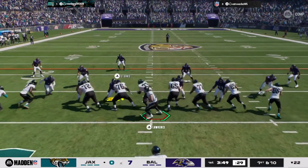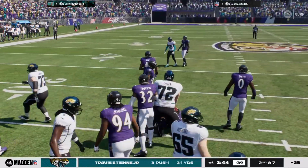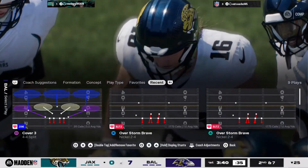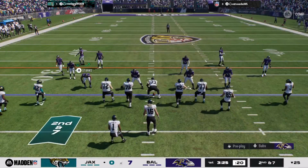They'll give it to Etienne to start this drive. And he'll get forward for a couple. It's 2nd down. Tackle at the 25-yard line. It's a pickup of 3. Brings up 2nd and